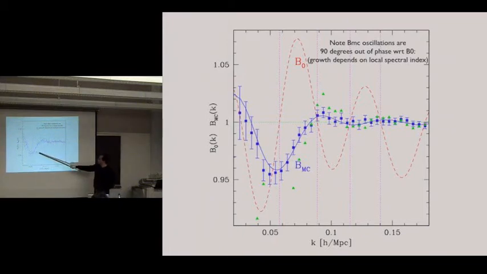And if you look at the mode coupling ratio, you see that actually this is not smooth. It's not equal to 1. It actually has oscillations which are 90 degrees out of phase compared to the original acoustic oscillations. Okay? And this is actually very easy to understand. Essentially what's going on